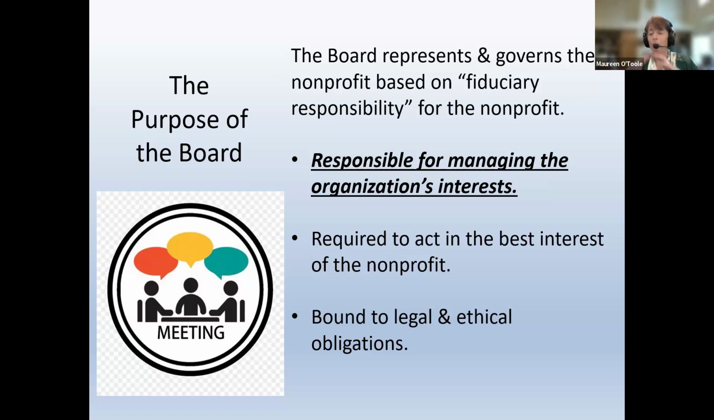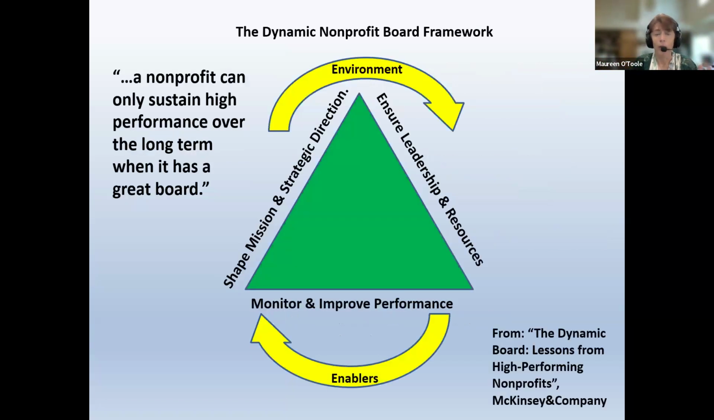So they are responsible for overseeing the entire organization, not just little bits of it, the whole thing. And I broke that out last week by calling it the 3 work areas of the board. So what I'm doing with this one, I'm going to bring those 3 work areas back up in the task underneath and show you how they complement the CEO and staff's role. So this is just, again, here's their 3 areas: shape the mission and strategic direction, ensure leadership and resources, monitor